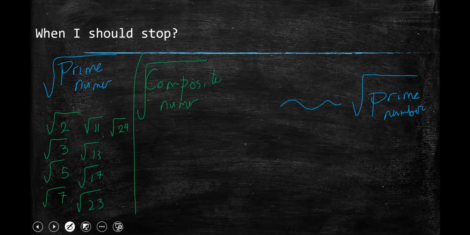But which composite number? A composite number that, if you factorize it, you find that it is a product of two prime numbers,